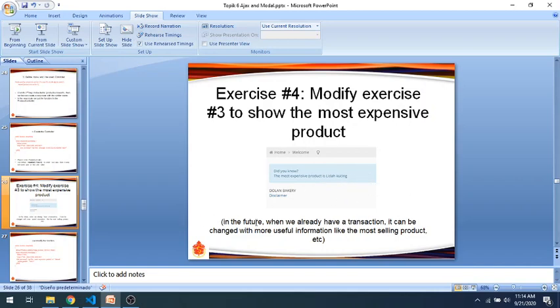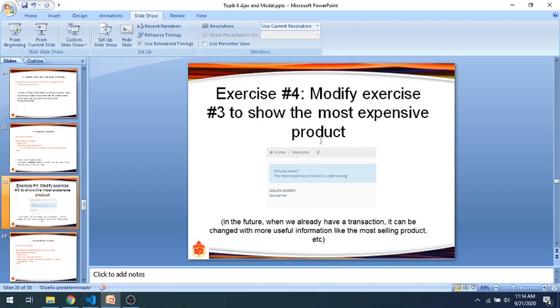Maybe in future, when we already have transactions, it can be changed to more useful information like the most selling product or total income in this day, for example, another more useful information.